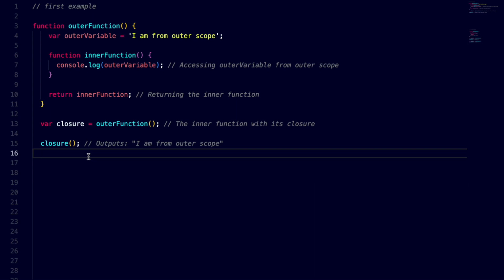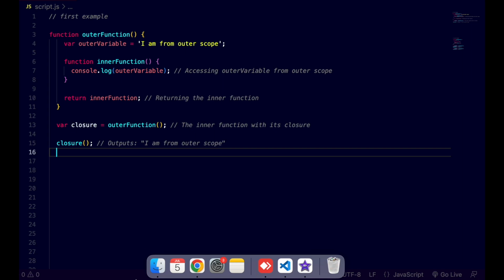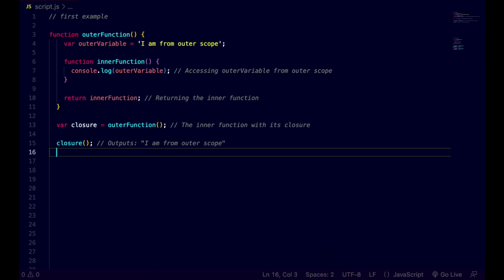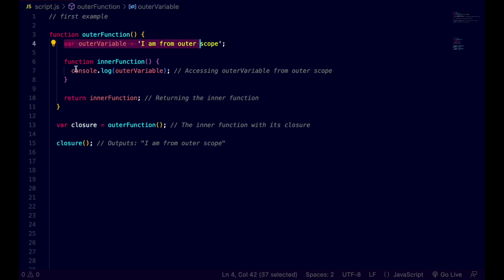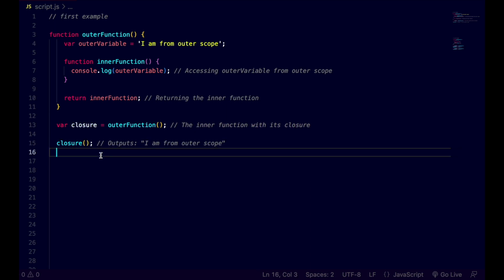When we invoke outer function, it returns the inner function. The variable closure now holds a reference to the inner function along with its closure. This means that the inner function retains access to the outer variable from the outer function, even though outer function has finished executing. When we call closure, it logs the value of outer variable, which outputs "I am from outer